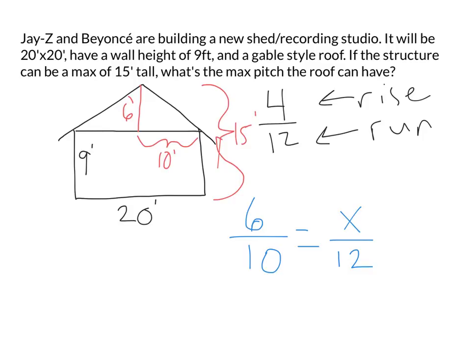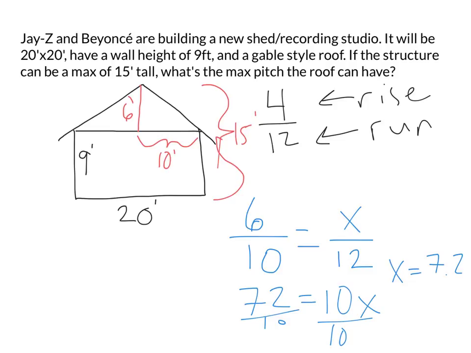We can figure out, based on our restrictions of what we need, what our pitch can be. Okay? So these numbers are a little big, so don't feel ashamed to pull out your calculator or anything like that. But we got 6 times 12, that's going to give me 72 equals 10x, and 10 is a pretty easy number to divide by, right? So x is going to equal